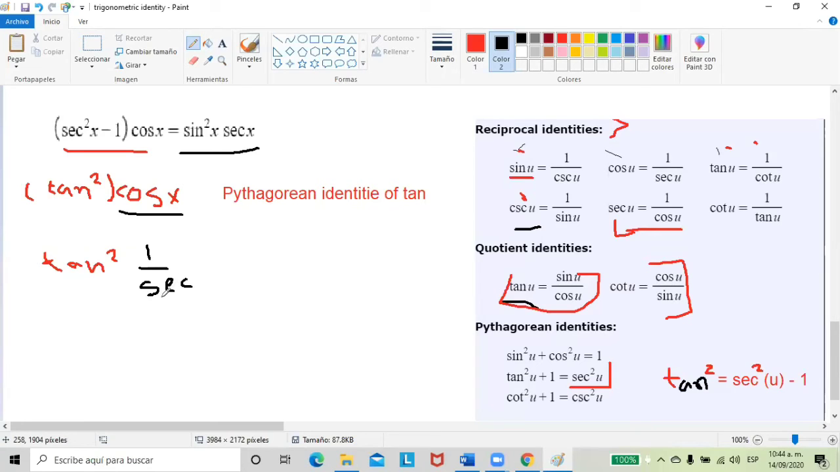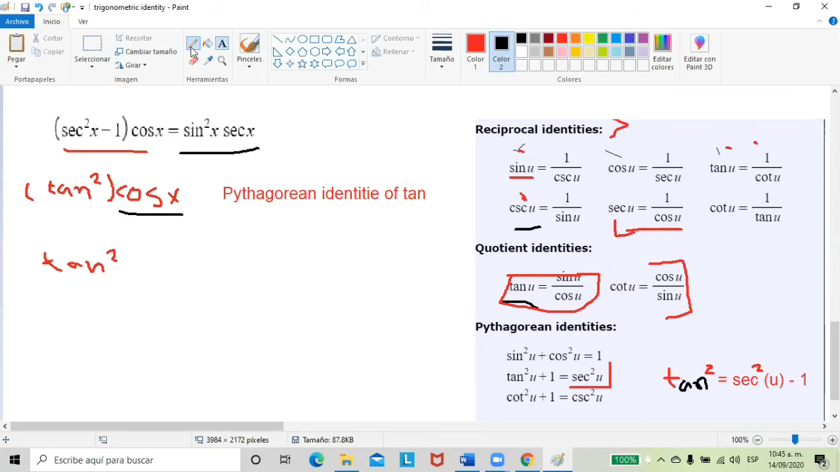No, this will not work because we need to write here sine squared. Okay, so what we need here is that we can use this one. We have that cosine is equal to sine over tangent. Yeah, we need this one. We need to use a